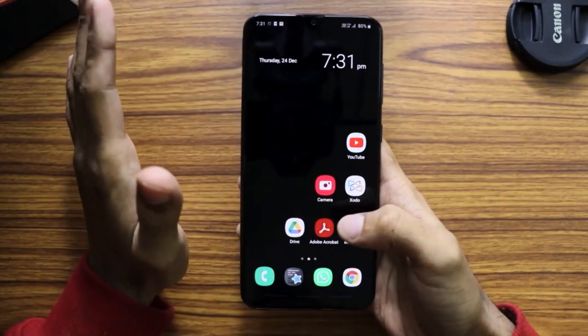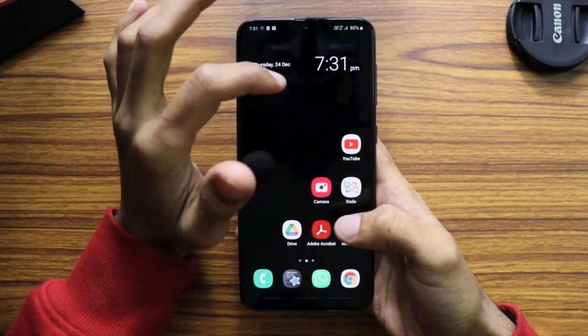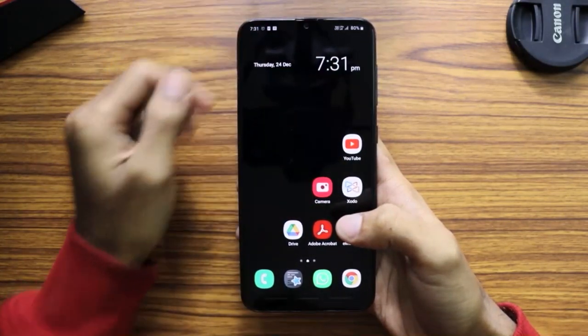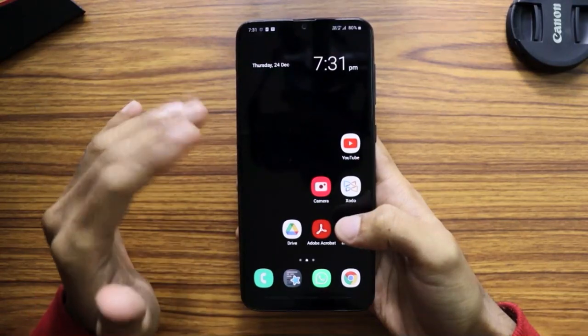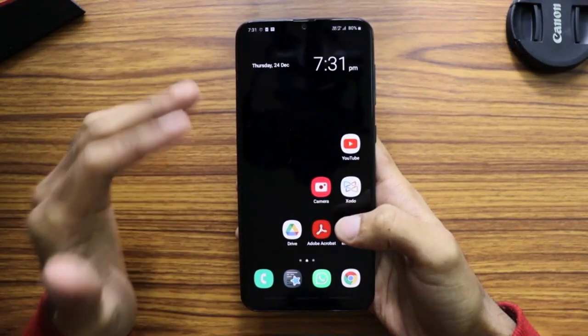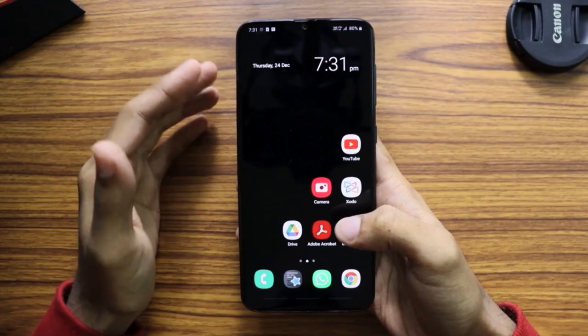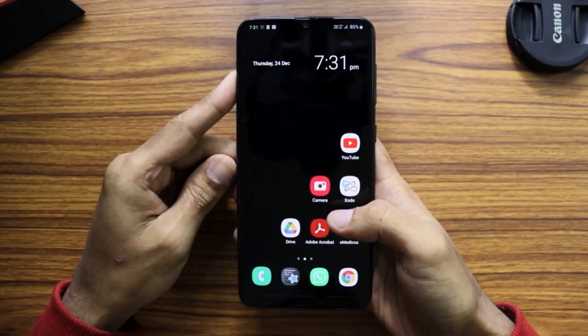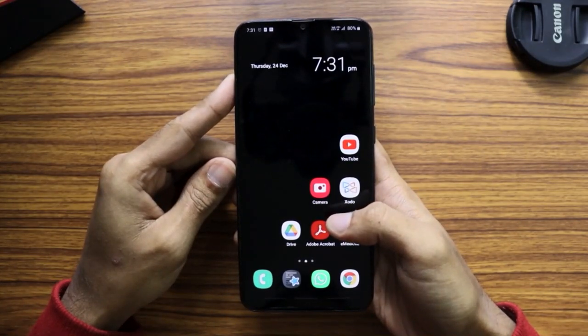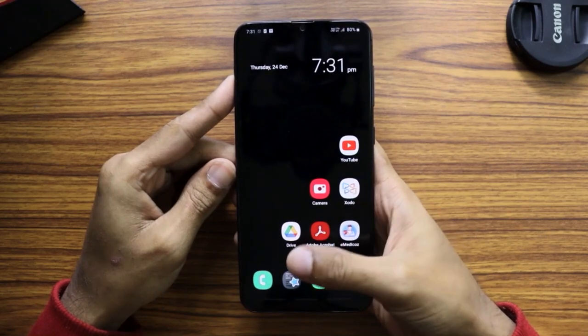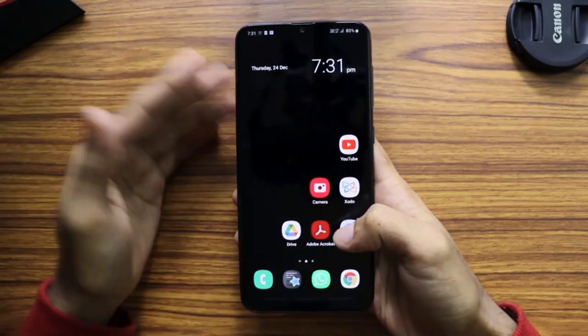At the same time, we can see I have the date and the time in the topmost part of the screen, because I just need to have a glance at the time. I don't need to physically use my fingers to touch it. In whichever phase of life you are, there will be some apps which you need to use most commonly, and that should be in this area of your homepage because that's the most commonly used area.